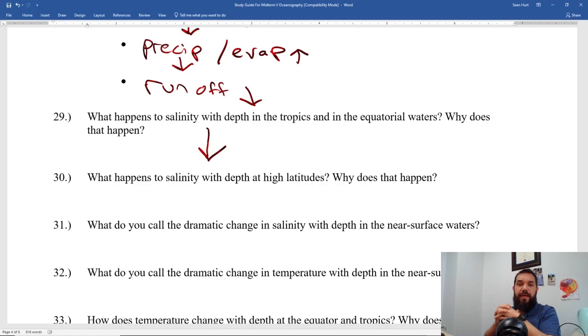But another thing is that in the poles, you have to remember that there's no thermocline. Because there's no thermocline, and I always say that's a really good sentence you should memorize, the polar environment has no thermocline, okay? There's no temperature profile. So as soon as salty water is generated in the polar climate, that salty water just immediately sinks. Now that doesn't happen in the equatorial and tropical waters because you have a thermocline and that salty